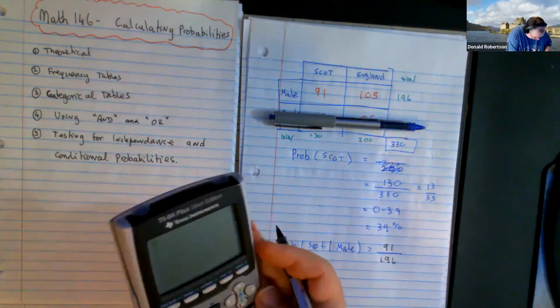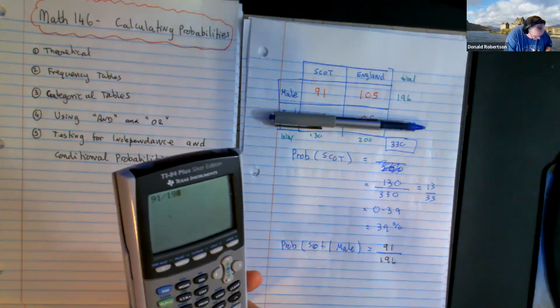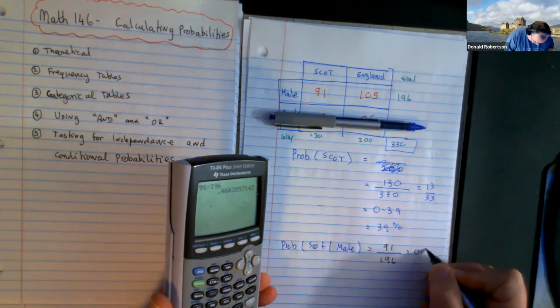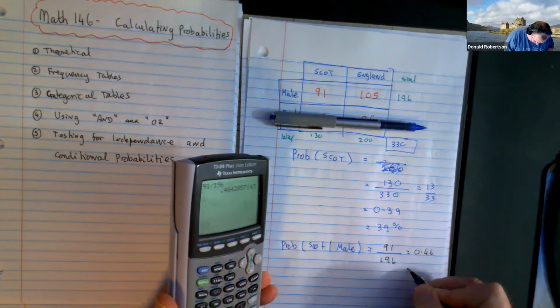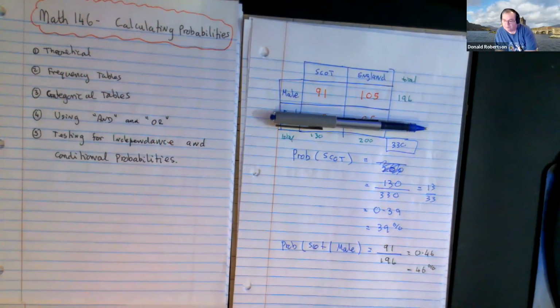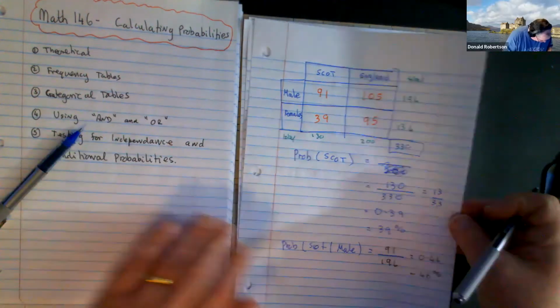So 91 divided by 196. And the answer that I get here is about 46%. So far, so good. So you can do conditional probabilities. I'm going to do another conditional probability here. What's the probability